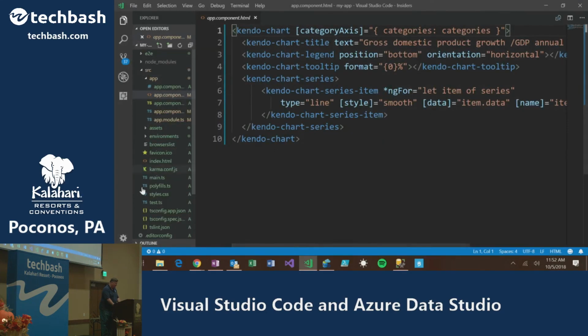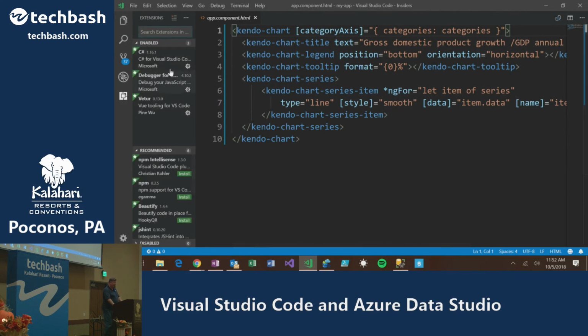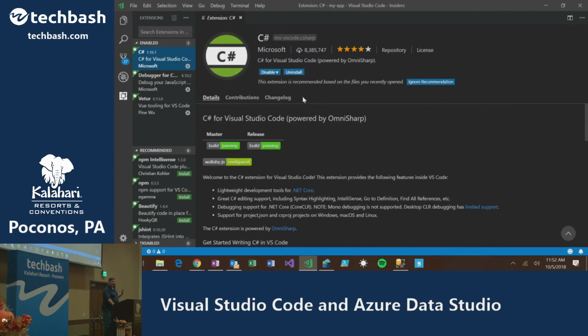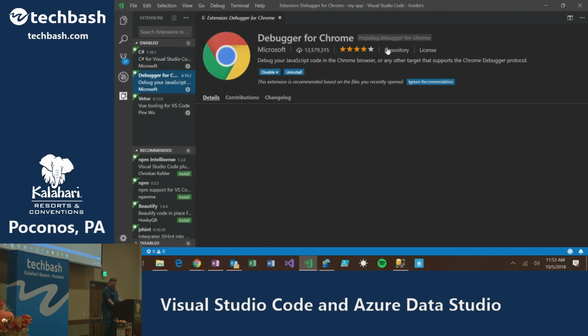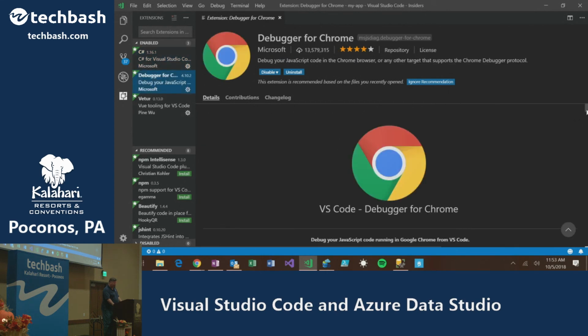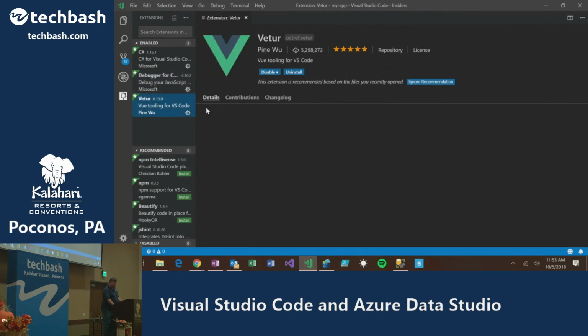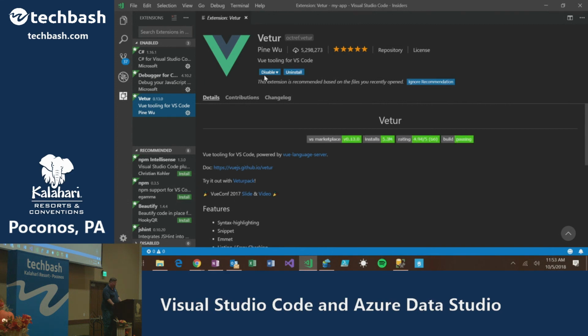And that set of extensions, there is a well-defined templates and protocol to create these. And if you go to Visual Studio Code, there are literally thousands of add-ons that you can get. And here's one that's for C#. You really need that if you're going to do ASP.NET or ASP.NET Core. I have one where I do debugging for websites right within VS Code. This is a little video of what it looks like. This one is for my Vue work. That adds a bunch of extensions for Vue. But there's just a ton of these extensions. You should give them a try.